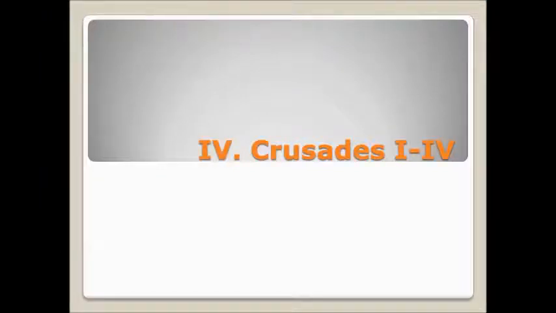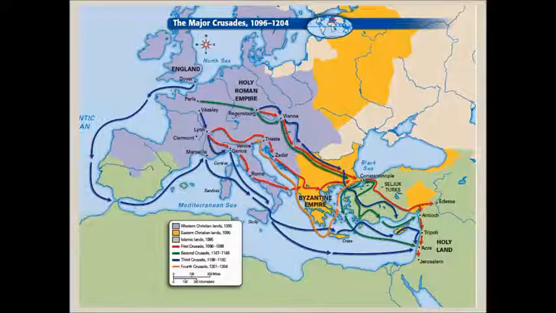So what about the Crusades? We're going to look at really four. And here you see kind of a diagram of the Crusades. So when you think of the Crusades, I kind of want you to picture this image. If you'll notice, everyone's moving from the Holy Roman Empire there in the purple on the left side, the western side, and they're going southeast, towards the Holy Land. So all the Crusades move from left to right in the map, or from west to east, and that's the direction or the course of the Crusades.